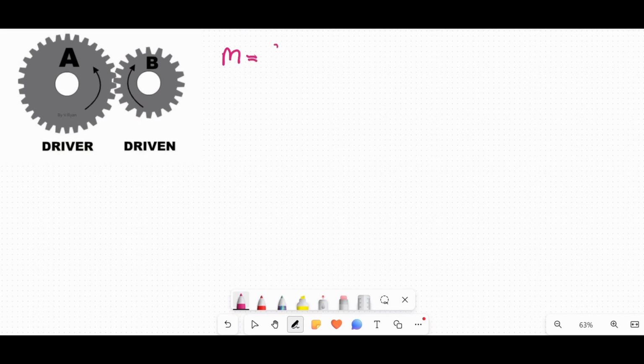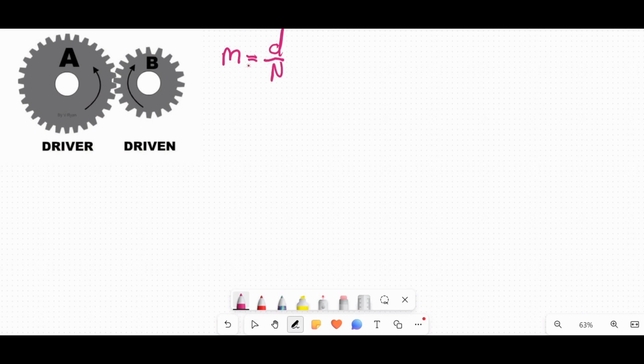So the module is equal to the diameter of the gear, I think that's the pitch circle diameter, over the number of teeth. So if a gear has got a larger module, if M is large, it means that D is probably large and N is small. So we have very few teeth for a large diameter. So the teeth are going to have to be bigger and wider to cover the full diameter